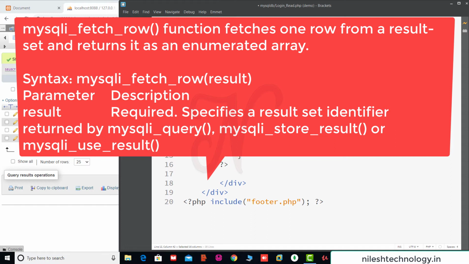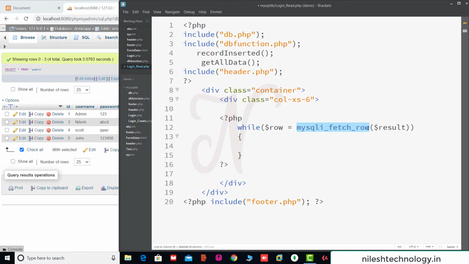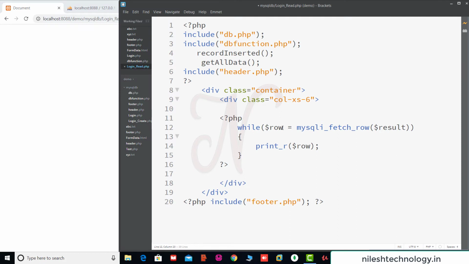It specifies a result set identifier returned by the mysql_query function, or mysql_store_result function, or mysql_use_result function. Here we print this result by using the print_r function, which is an array printing function. print_r($row); So this is your code. I press Ctrl S to save these changes.